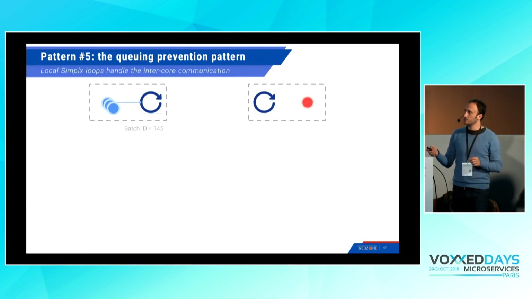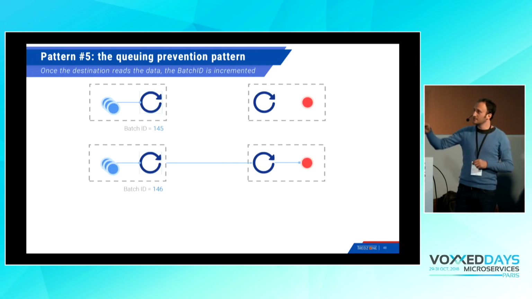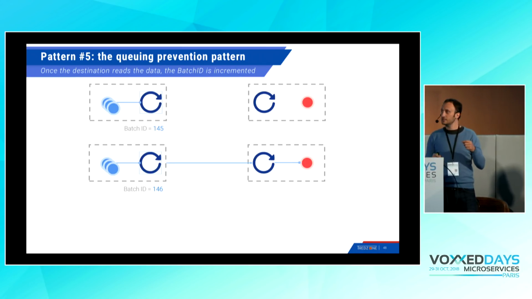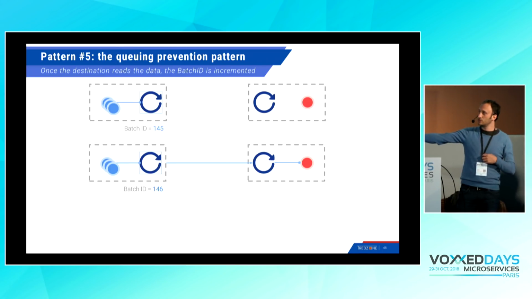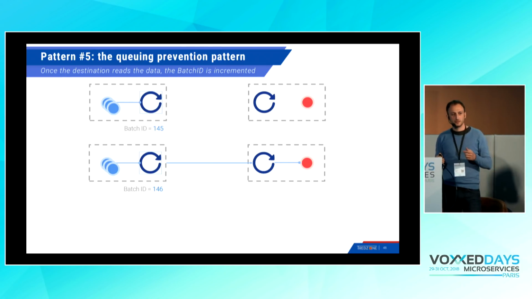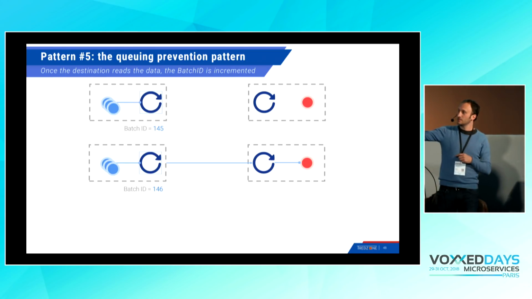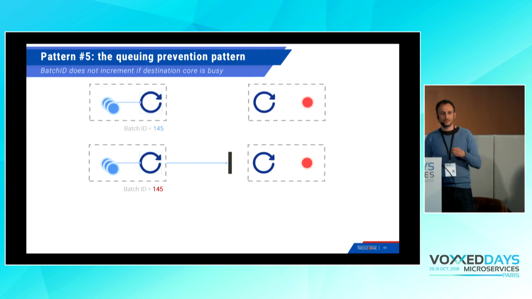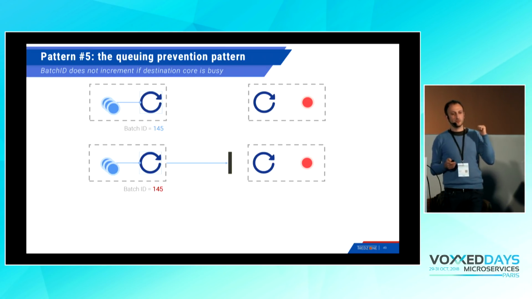Actually, it's pretty simple. We have two event loops there, and we have something called a batch ID. The batch ID changes only when this core has taken the token. If it's done, the batch ID changed. If it has not been changed, I know synchronously that it's not time to send anything, because the last batch has not been read.